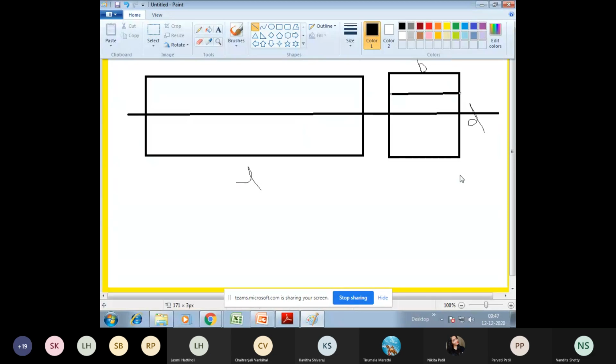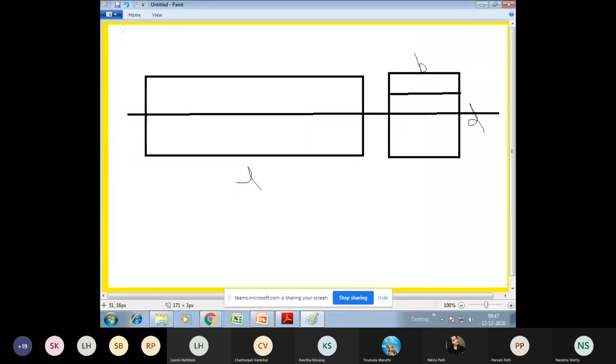Top area from the considered fiber should be considered. So where is your top area? Let me do the shading part now. Where is your considered area? Right. So this is my